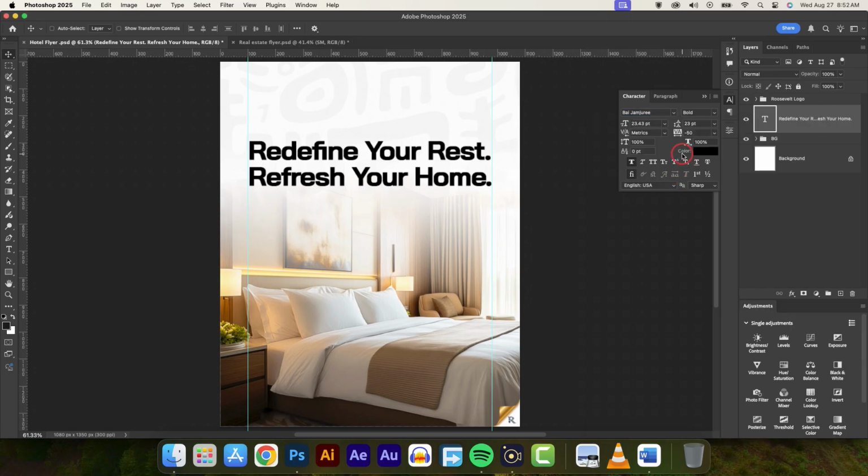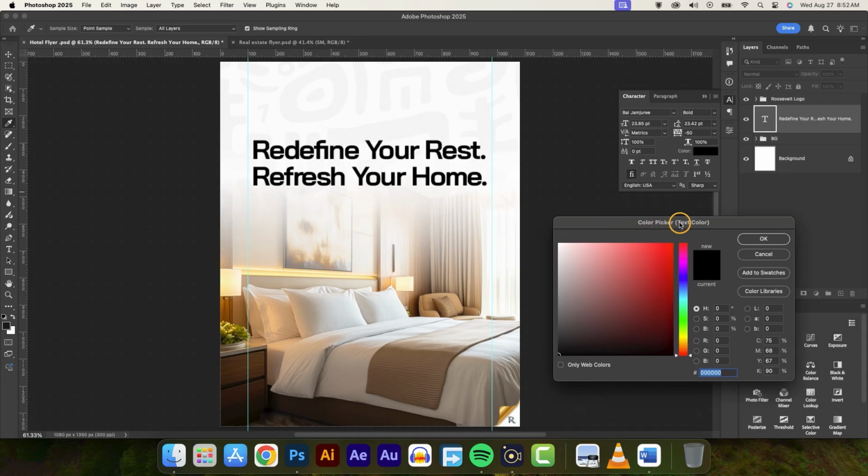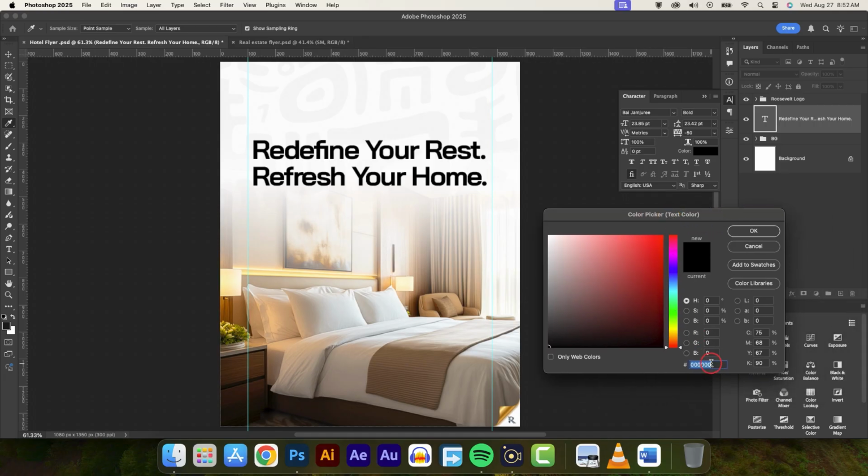Nice. I think let's turn off this. So something like this is okay. Let me place it in the middle once again. So I would like to enlarge it just a little bit. Something like this is okay for me. Then let's change the color. So left click here once, and then the color picker will pop up. Now let's give it a color code of